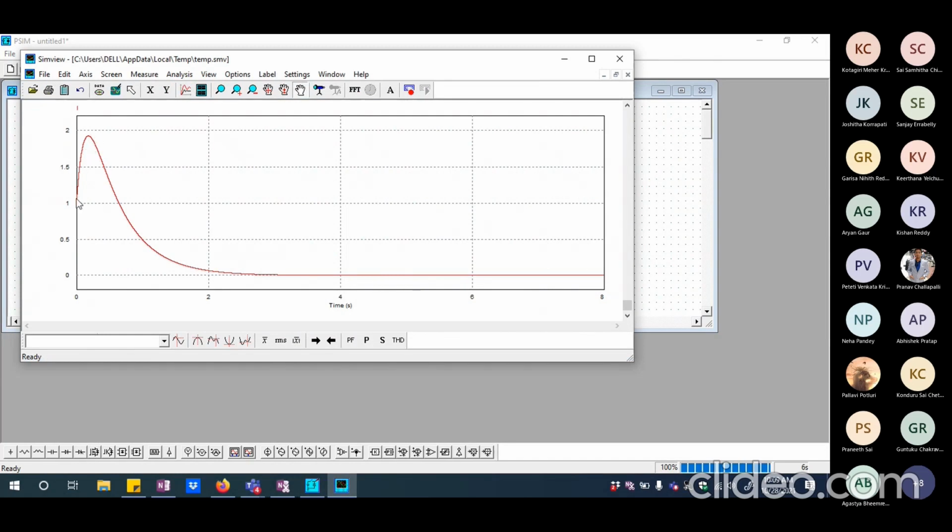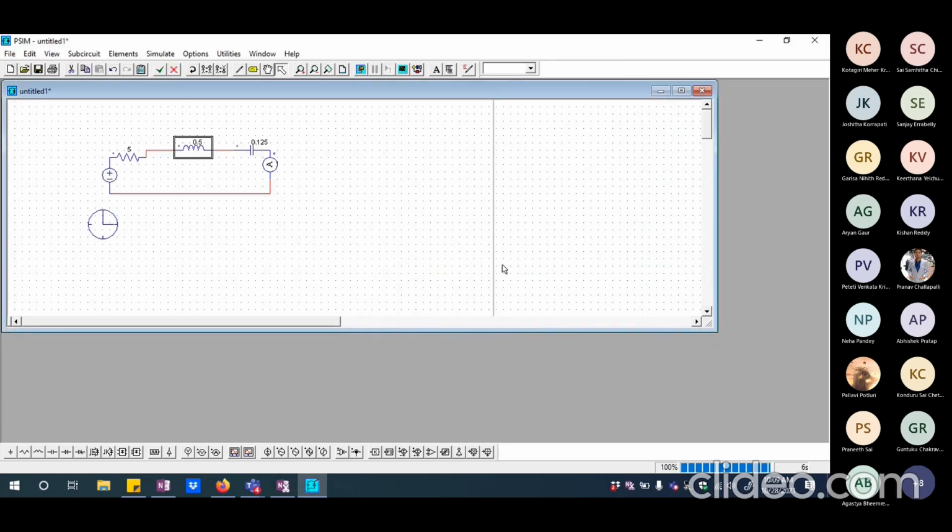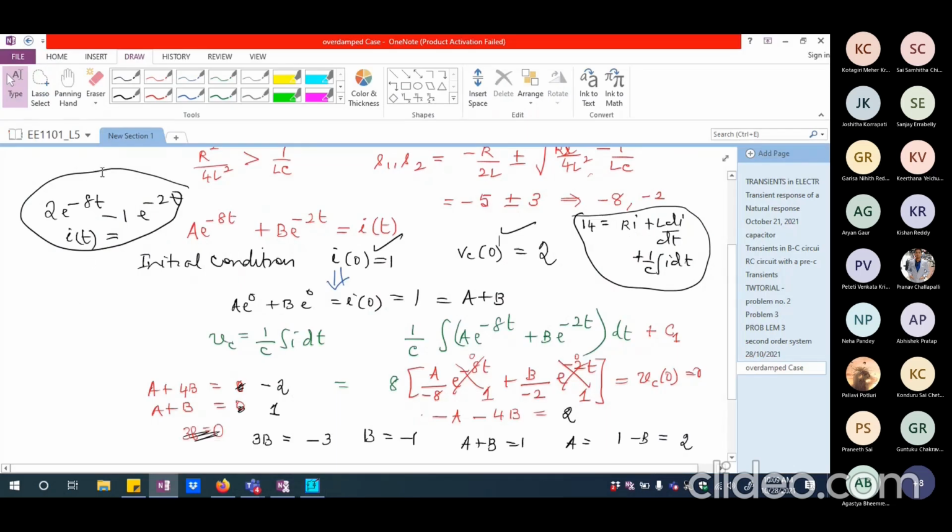Capacitance also has an initial condition and the current also has an initial condition. So unless we plot these two separately by again writing some kind of code, it is difficult to say whether it is exactly matching with what we have got as the current. Okay, so anyway, I hope you get the sense of how to